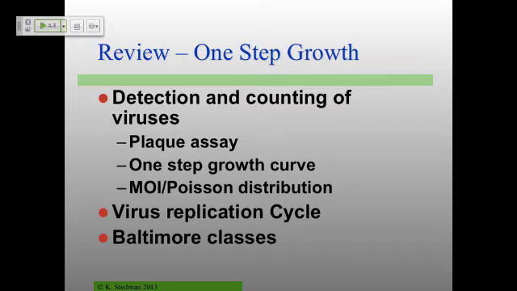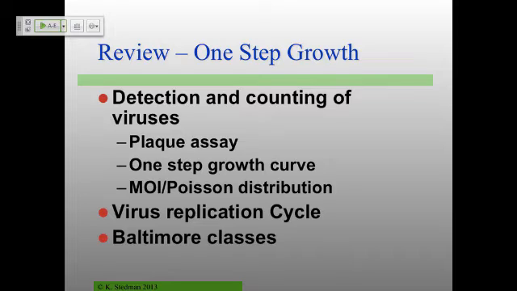One-step growth curve, the whole idea really of the one-step growth curve is to try and do a simultaneous infection. And so you can follow lots of viruses replicating at the same time in a more or less synchronous fashion. So you don't have to try and look at a single molecule, a single virion. You're looking at a whole population at the same time. And so the way to do that is to have very high multiplicities of infection. So again, lots of virus particles per cell that they're going to be infecting,